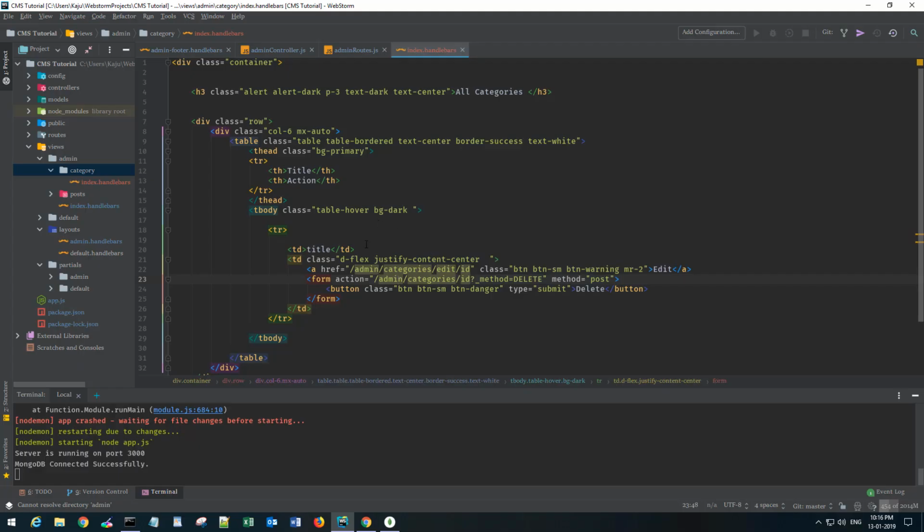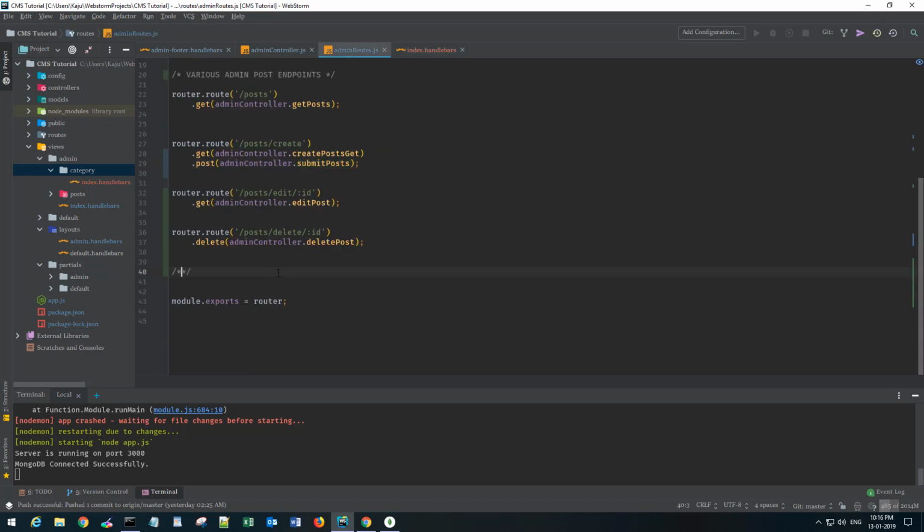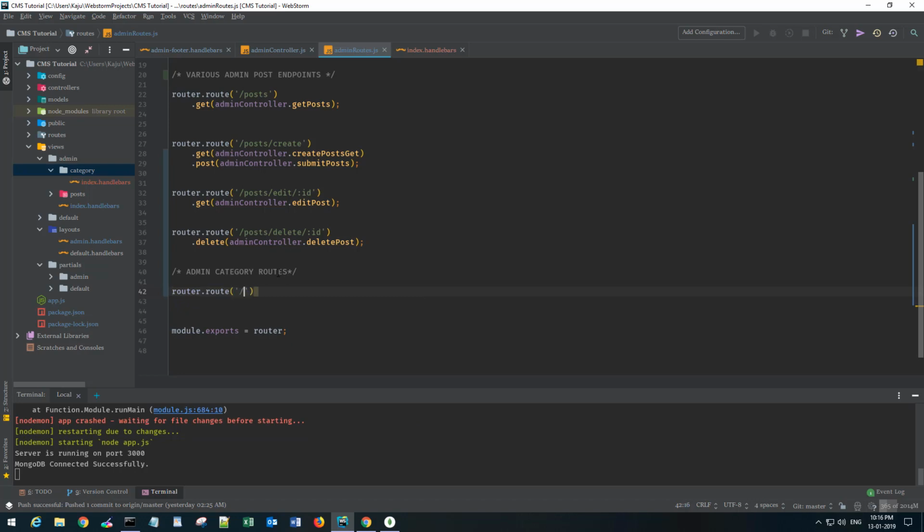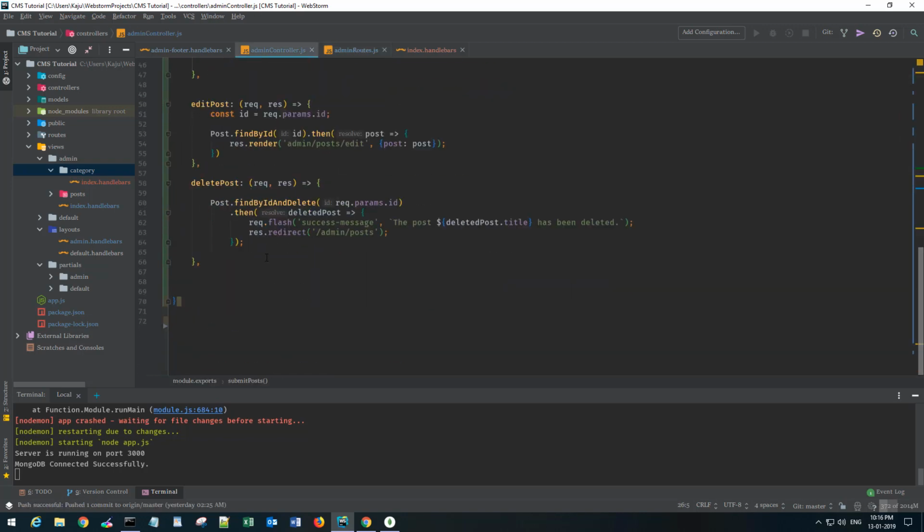Okay, so I don't have a route here yet, so let's quickly go ahead and create the route with this form in place. So for the route, I'm gonna put a comment here, admin category routes, so to keep everything organized. Admin category, okay, this is my default route. So with this I'm gonna go to the controller, and just below the delete post,